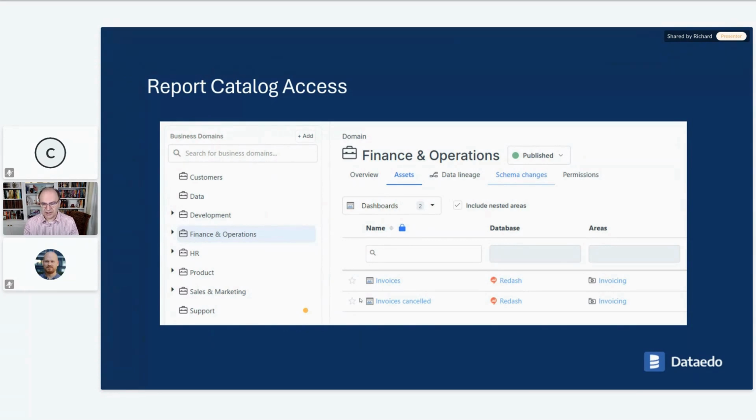The business needs to use the data catalog in order for it to be useful. If they don't use it, then why have we gone to the work of creating it? We want to make them use it. We want to enable them, make it easy for them to use it, and we want them to be successful. I spoke about the breadth and depth of knowledge there that's available to them. When a business user goes into the data catalog, they need to be able to trust that it's comprehensive. It has the breadth of knowledge. Everything that they